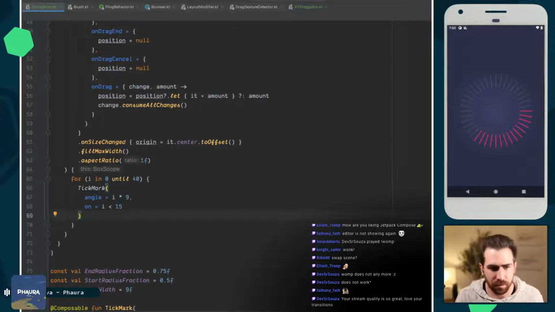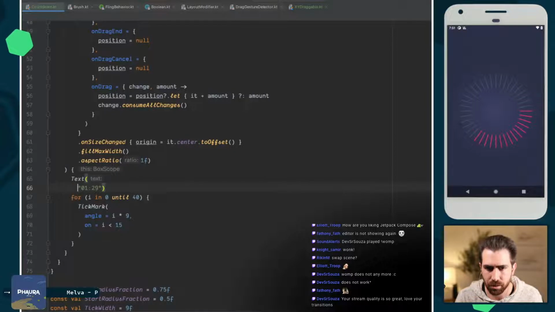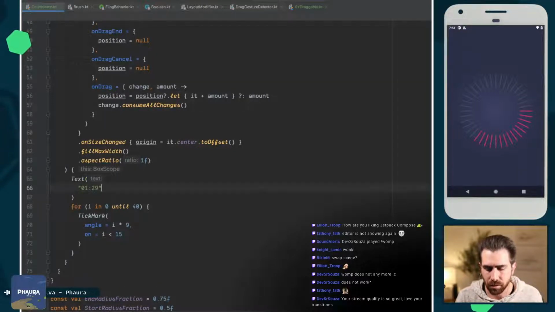Let's give ourselves a time. I don't know. I'm gonna source it from state later on, but let's just give it a hard-coded string at the moment,